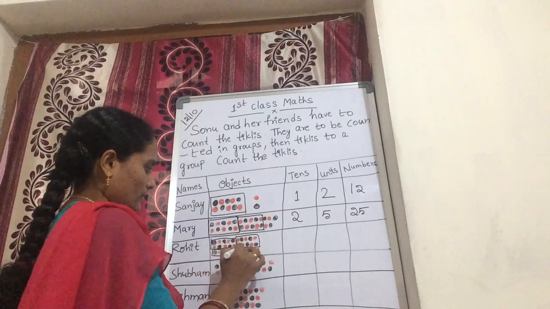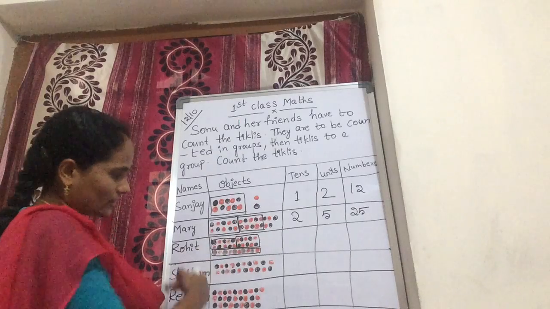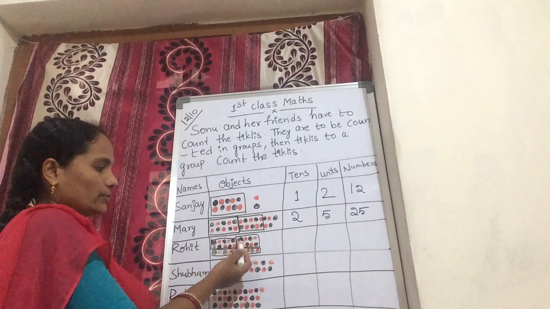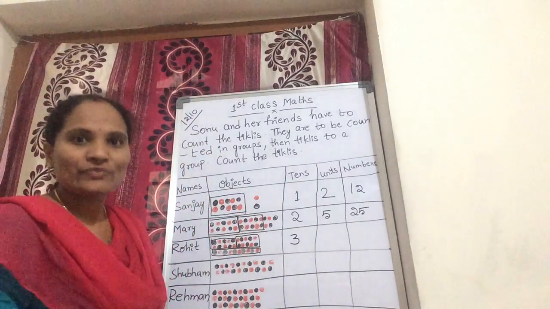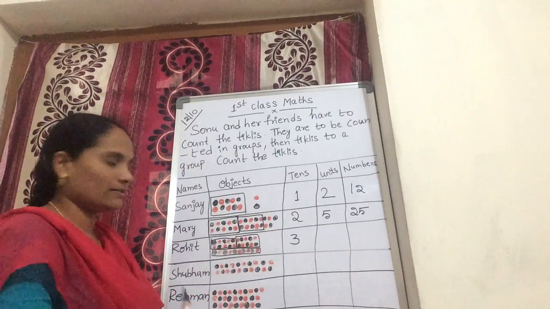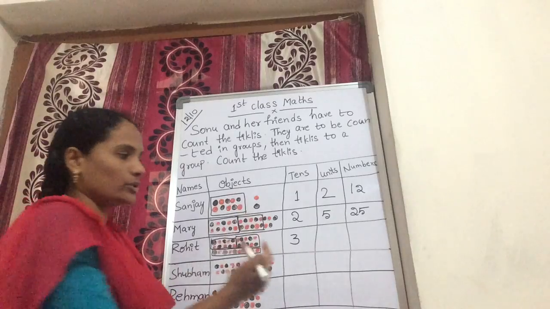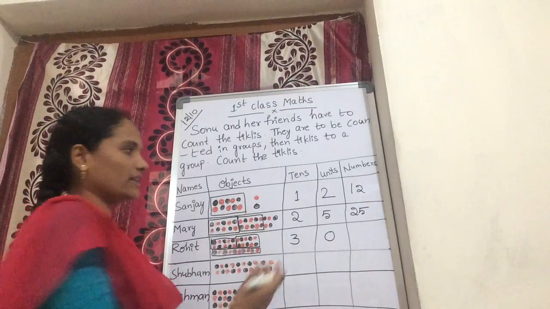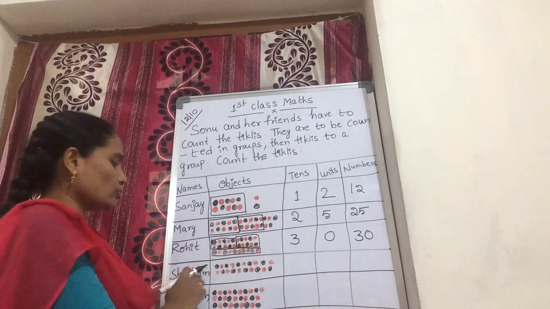Like this, or 1, 2, 3, 4, 5, 6, 7, 8, 9, 10, like that also. Okay. Total how many tens are there? How many tens groups? 1, 2, 3. 3 tens groups are there. So you should write 3 in tens. Now units. Are there any individual ticklies still? No ticklies. Only 3 tens are there. No units, so you put 0 in units. So okay children, how much number do you get, amma? 30. You get 30.